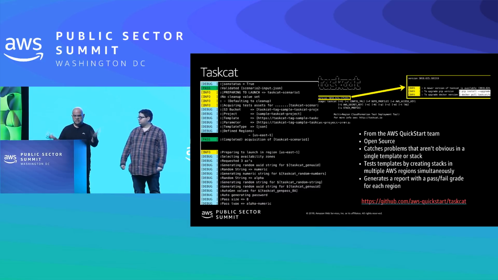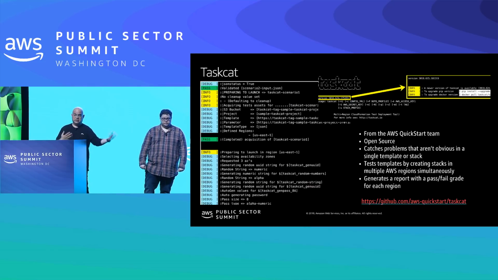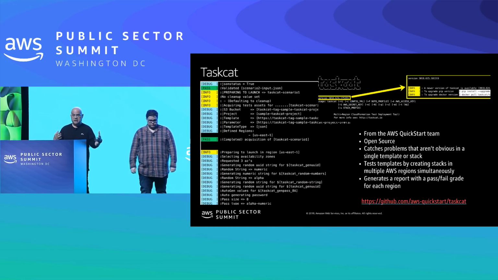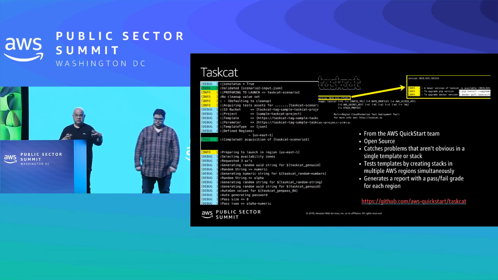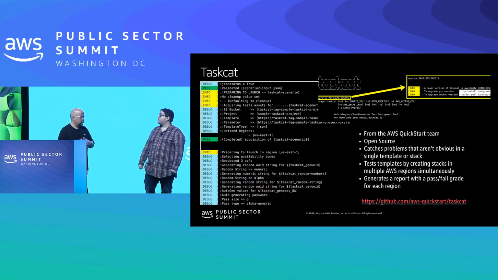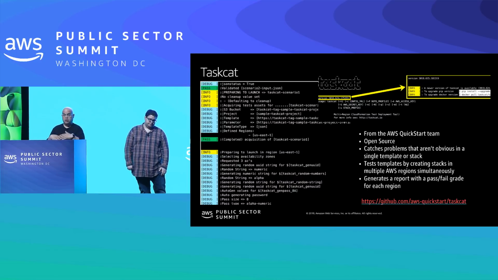The other thing is, especially for GovCloud users, as you know, some things might not make it to GovCloud at the same time they make it to other regions. This is the kind of thing you can spin off and run in GovCloud, because this is something you install yourself. I think it's Python based as well. Yep. And so you can use it on all regions, whether they're government regions or not.